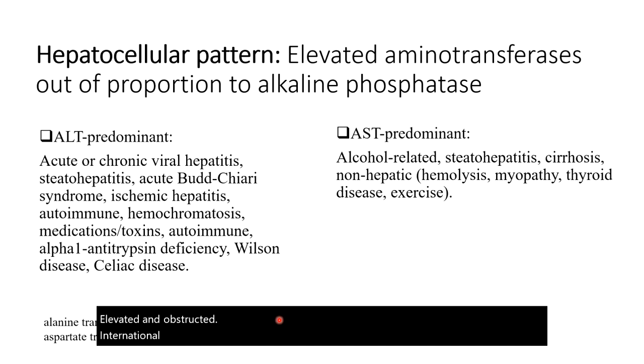So ALT will be predominant when we have apoptosis, necrosis of tissue. Okay, so it will be predominant in acute and chronic viral hepatitis. By the way, I have it here that Wilson disease has an ALT predominance, also hemochromatosis. Okay, AST, we're going to reserve for alcohol and cirrhosis,